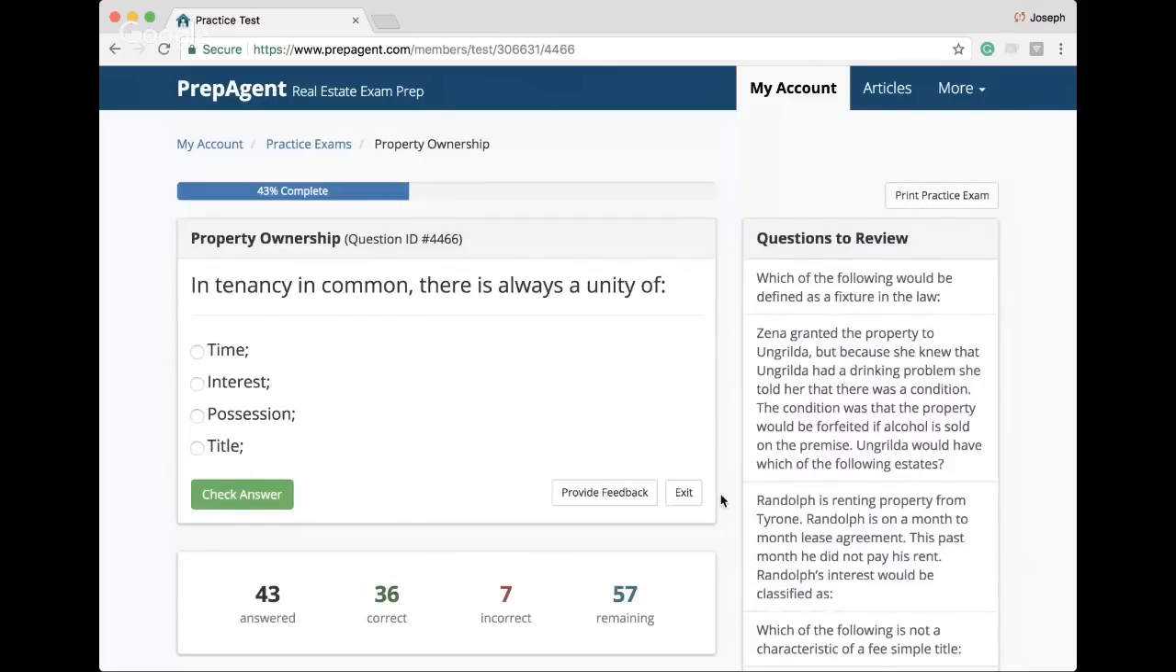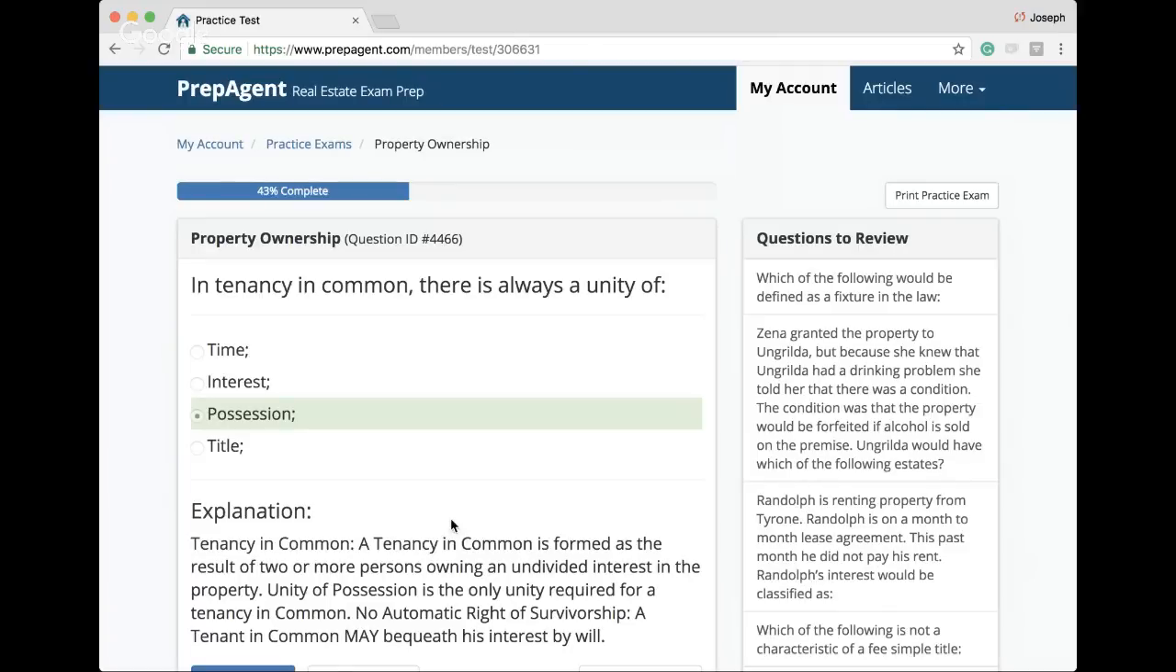Okay, in tenants in common, there's always unity of time, interest, possession, or title. What do you guys think? Time, interest, possession, or title. Lots of people get this one wrong, and I'll explain why in a second. Looks like not in this group. It looks like a lot of people here are getting this right. Good job. And the answer is